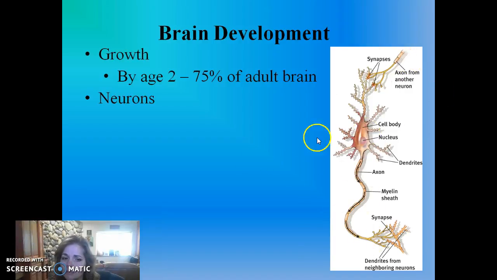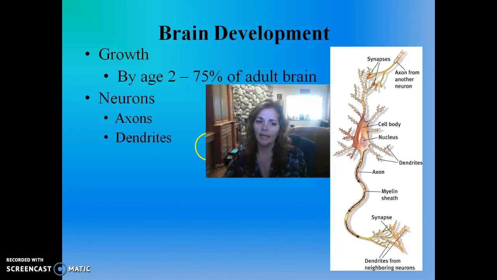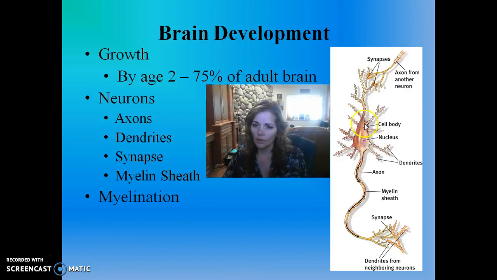Neurons is what you see here. It's the basic cellular structure of the nervous system, and we have different components. So here's the cell body, or what we call soma, and then inside is the nucleus. Dendrites pick up information from other neighboring neurons and take the information to the cell body. And then this long singular extension here is what we call an axon. Axons take information away from the cell body. Around each axon is what we call a myelin sheath, and that is a fatty substance that allows the electrical impulse that travels along the axon to travel much more